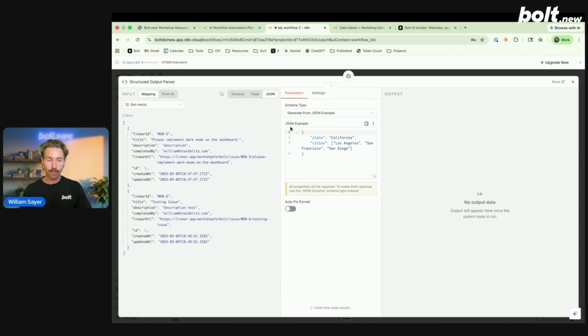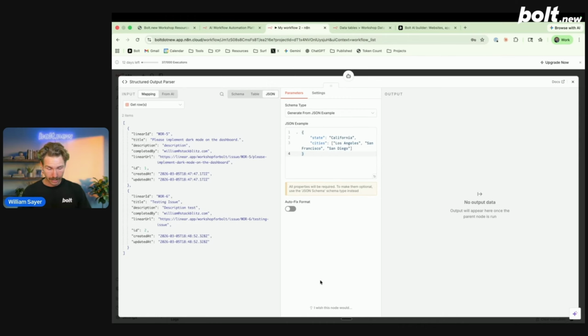And then we create an example of the JSON output. This is what we're going to be sending via HTTP request to Bolt itself. So this is where we need to be very specific about the output. Now, this can get a little bit complicated. I've got a little snippet here. If knowing exactly what to put as the JSON data gets complicated for you,